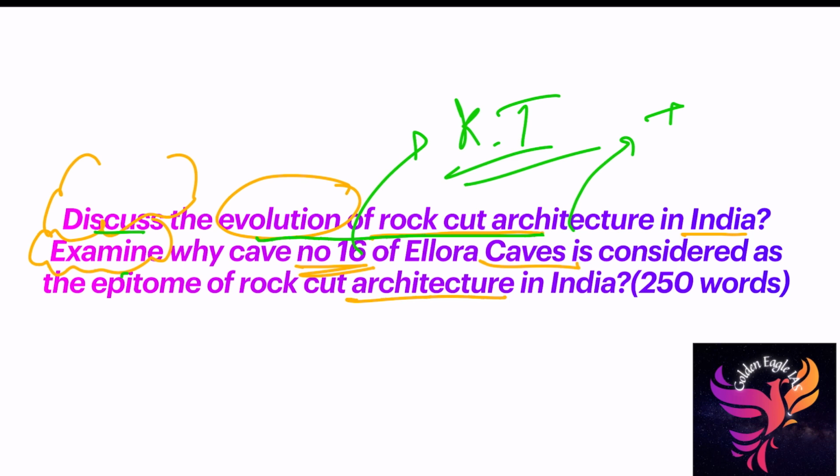Okay. Conclusion. How do you give a conclusion? These are all the rich heritage of Indian architectural brilliance. This shows the evolution of India during ancient and medieval India. You just give it as a conclusion like that. I think that is sufficient from a preliminary and mains exam perspective.